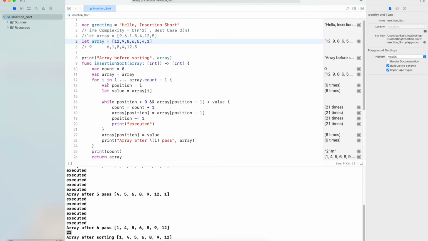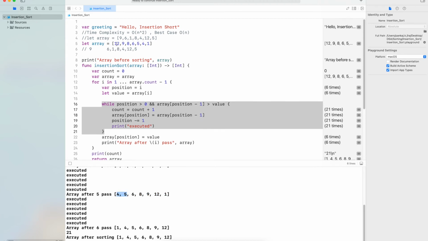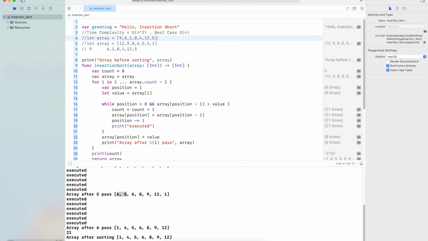So for I equals 1, this loop will execute based on the comparison, based on the values inside the array. In this scenario it will execute only one time, because 6 is lesser than 9, so 6 will come to the 9's place and 9 will go to the 6's place, and that's it.